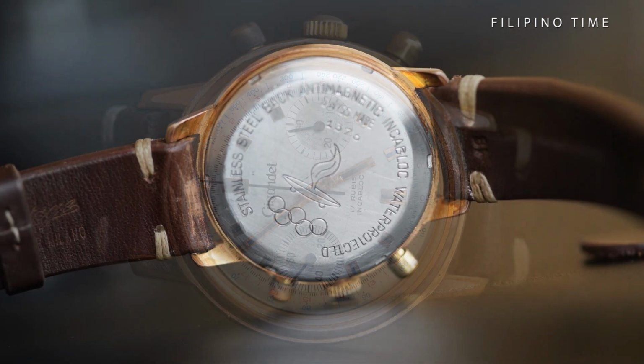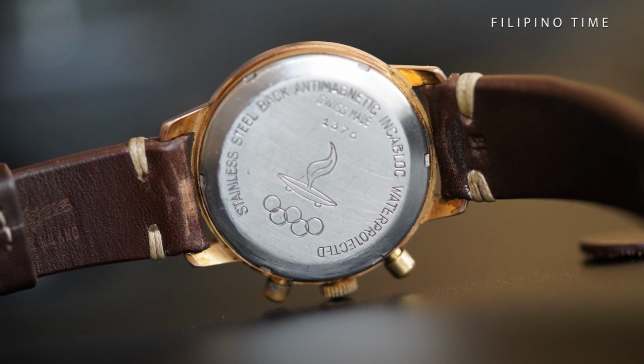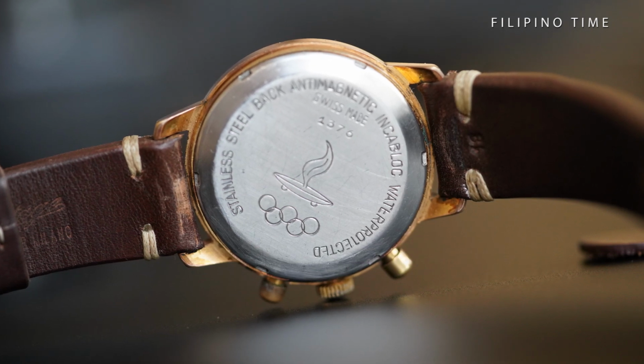Gigande as a brand was owned by Charles Gigande, who was also the owner of Wakmann of USA. Wakmann is a watch brand that also specializes in chronograph watches. Oh, I didn't know. So Gigande goes in the same breath with Breitling in terms of history, because the owner of Gigande is Wakmann, and Wakmann is the distributor of Breitling in the USA. Since Breitling wasn't allowed to